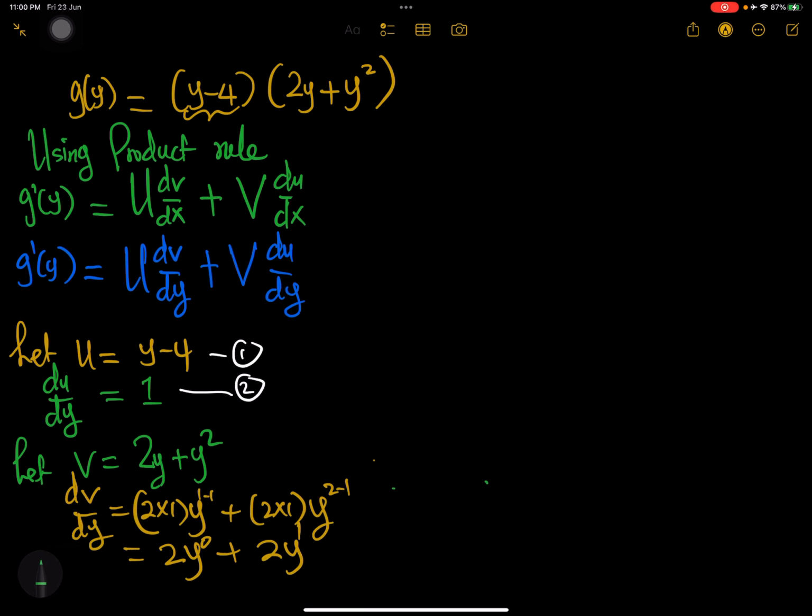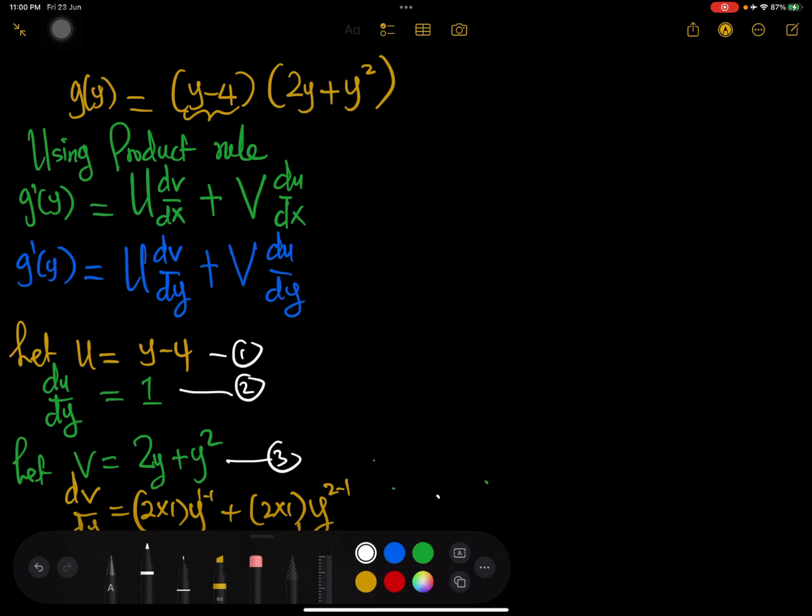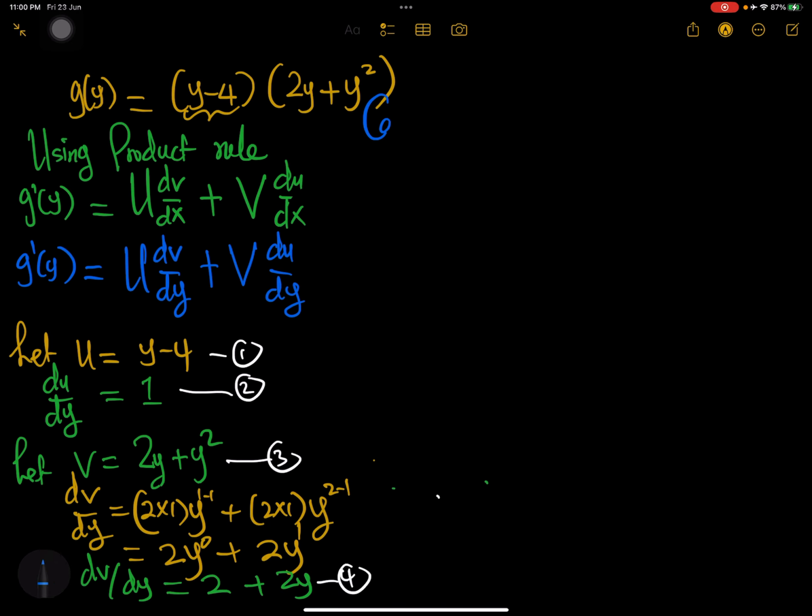Then that gives us dv dy is equal to 2 plus 2y. This is equation 3, and this is equation 4. So if we combine equations 1, 2, 3, and 4,